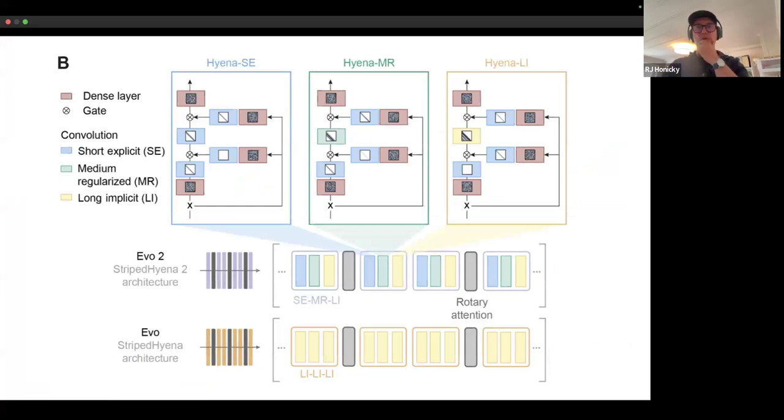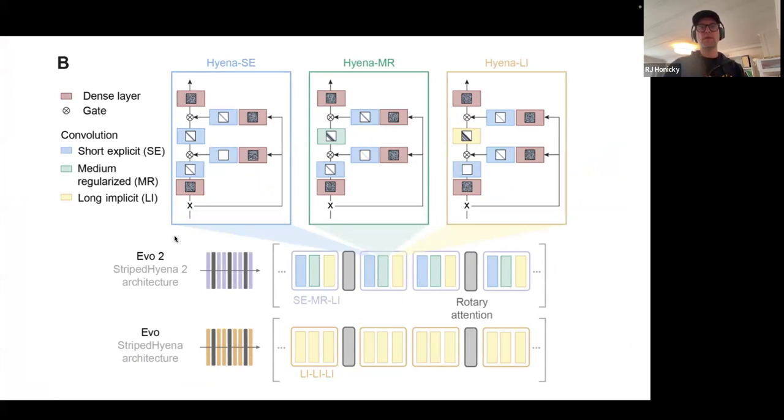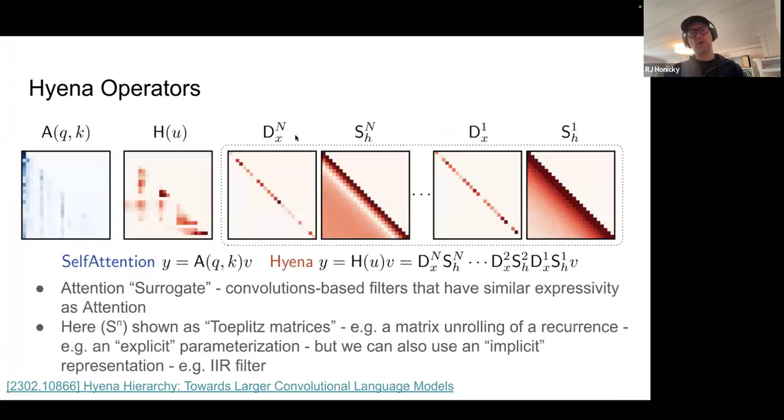Okay, then this is a slide on Striped Hyena, and also Striped Hyena 2, which is what they use for Evo 2. Here in this Toeplitz matrix, the question is, I have this full attention block and then I have my fully realized Toeplitz matrix, so how am I actually saving in memory or computation? Part of the answer is